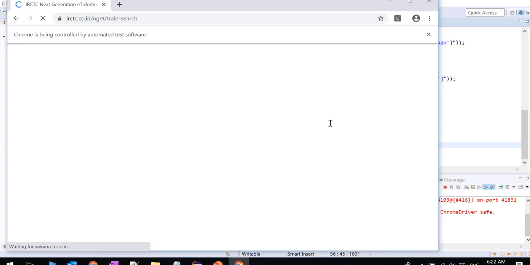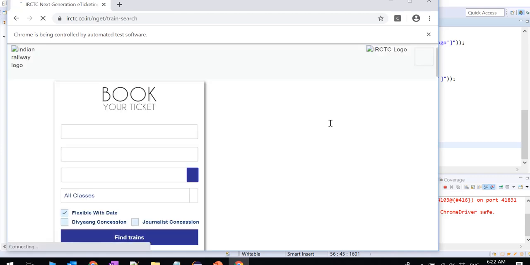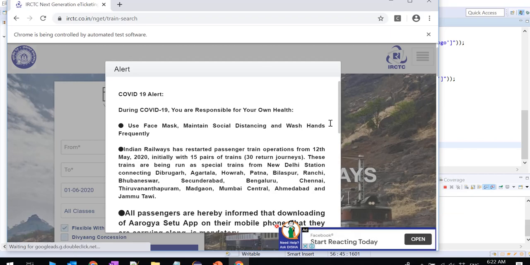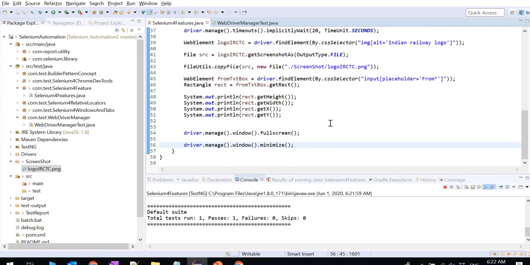So the browser is opening. The IRCTC website is open. First, it will capture the logo, then the height, width, x and y coordinates of the from text box, and then it will make the current browser window full screen. We can see it is about to go full screen. Now it is minimizing.